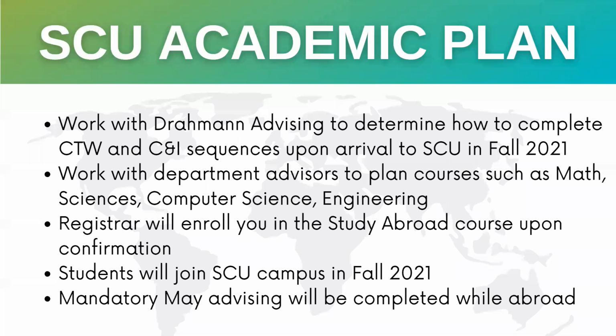For those students who are considering majors in math, science, such as biology or chemistry, computer science, or engineering, or if you're undeclared but you're following a plan towards any of those majors, it is really important that you work with your department advisor to map out your courses, because it is true that these majors can be very impacted. You take certain requirements at certain times and you can't stray too far from that.